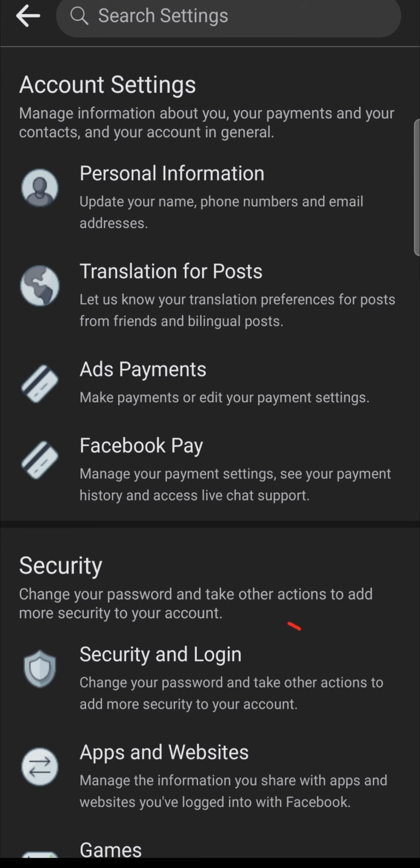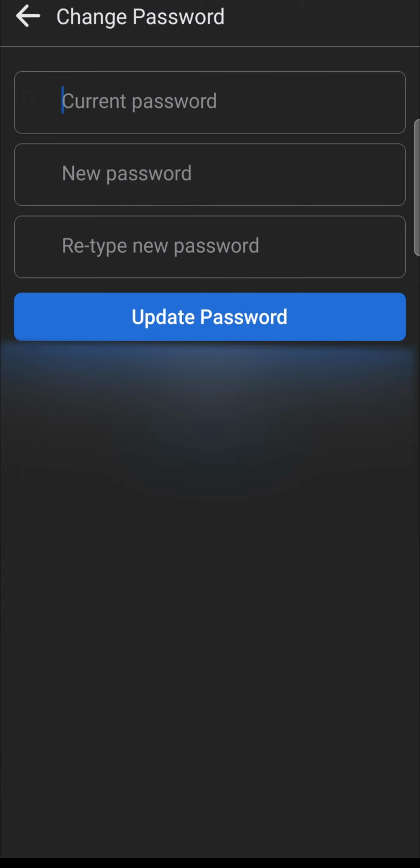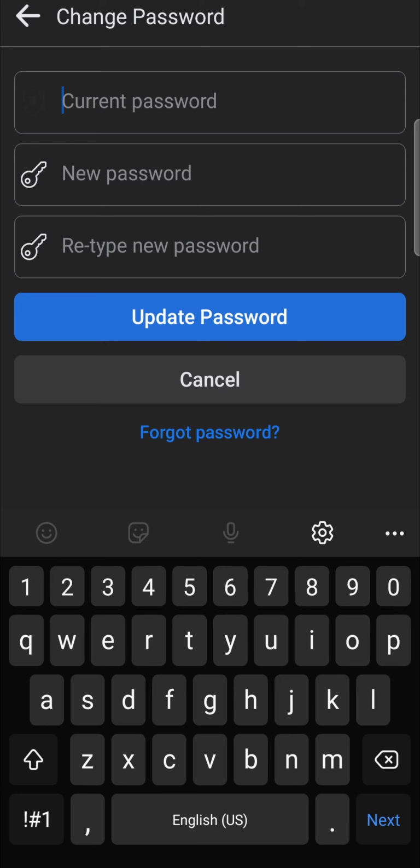And from this page, we want to tap on security and login. You can see there it says change your password, so I'm going to tap on that. And there it says login near the middle of the screen, and it says change password. Tap on that. Now what you need to do is fill in your current password and then put in your